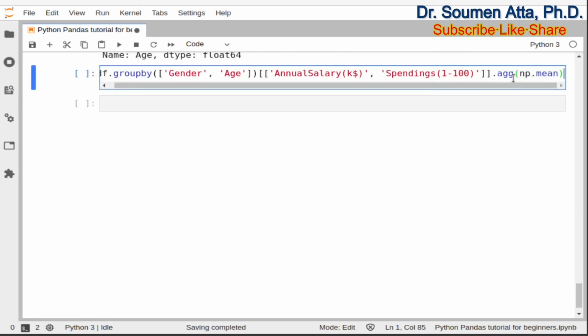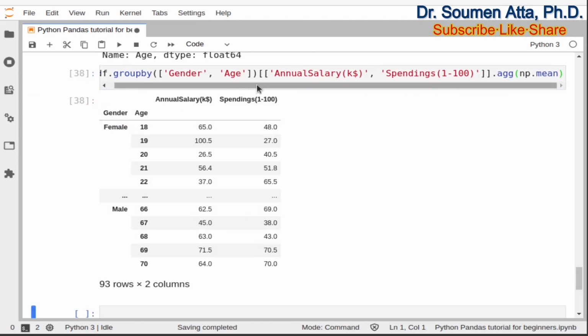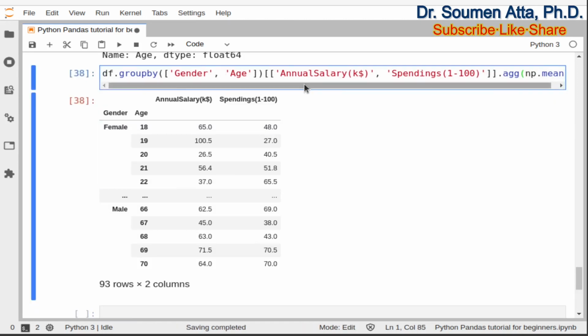Now we will compute the mean of annual salary and spendings columns using the aggregate function, and here we will use numpy's mean function as above, and then apply the group by based on gender and age. Here we can see it returns the above statement.